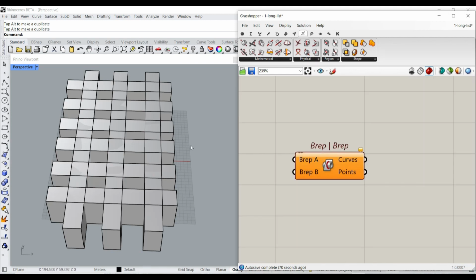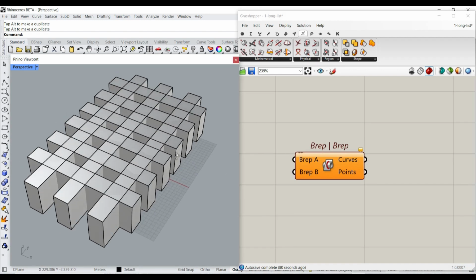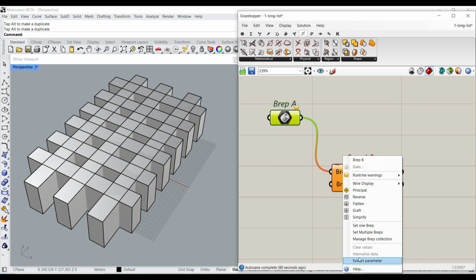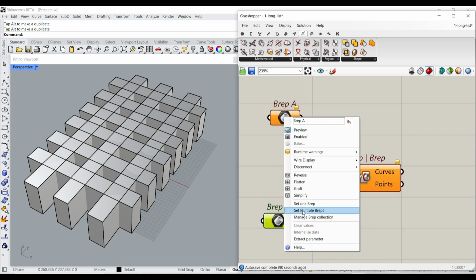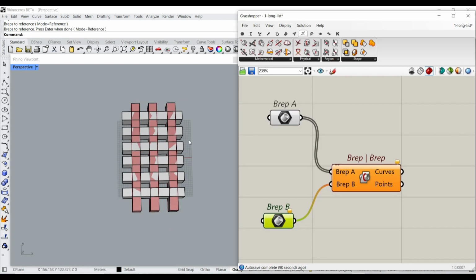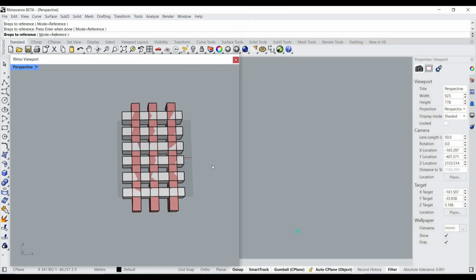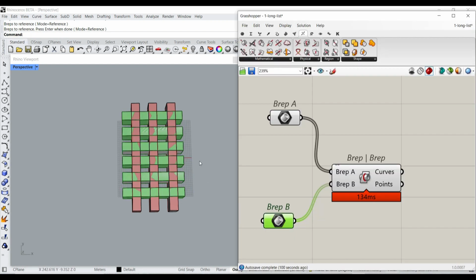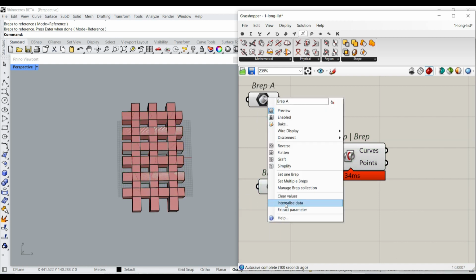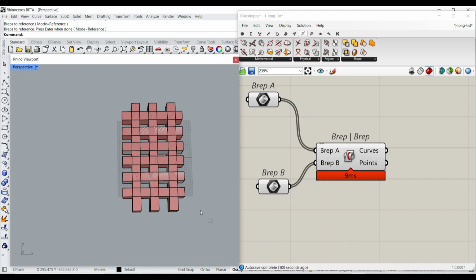Brep is a boundary representation, which means polysurface. It means multiple NURBS surfaces connected together. So if I just right click, extract, set multiple breps, just draw up here, so it selects these 3. Set multiple breps, select these 6. Here you can see, you can right click and internalize them if you don't want to